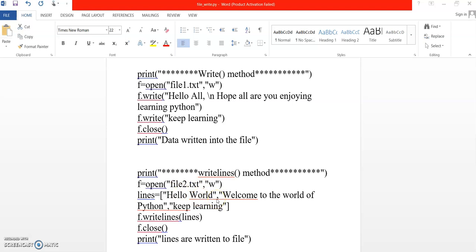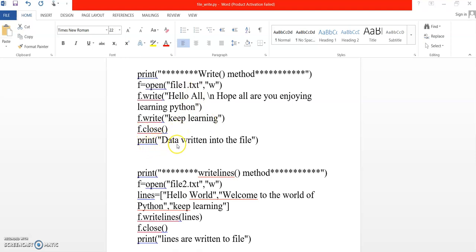Here in the first function I have used the open method to open file1.txt in write mode, and then f.write. So now this line will be written to file1.txt. Again the next line, keep learning, will be written to file1.txt, and then I have closed the file.